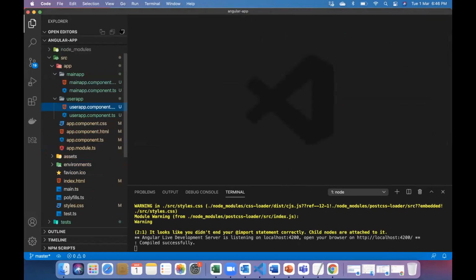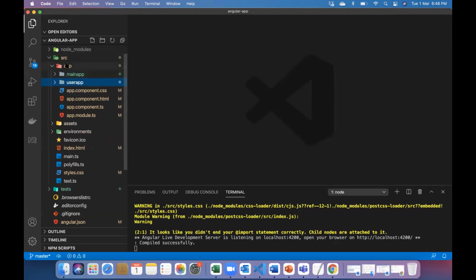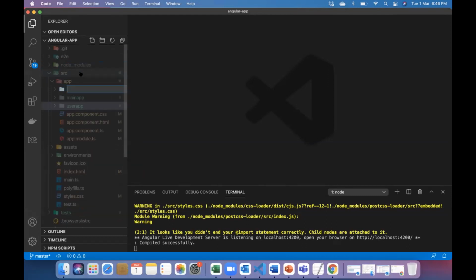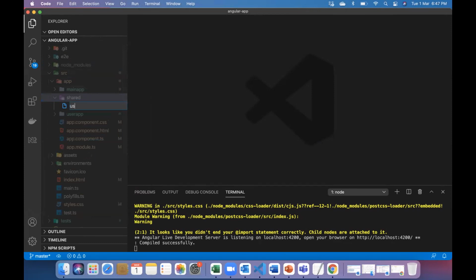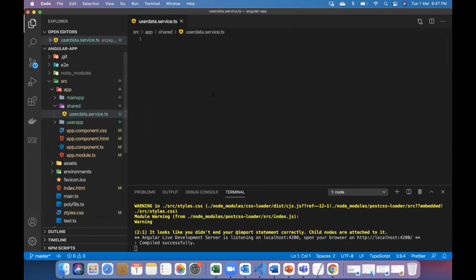Let's understand. To create this service class, under my app folder, I would like to create a new folder here named Shared. Which folder? Everybody, Shared. And inside my shared, I'm going to create a new file, give the name user data dot service dot ts. And inside this user data dot service dot ts, we would like to create a new class, export class